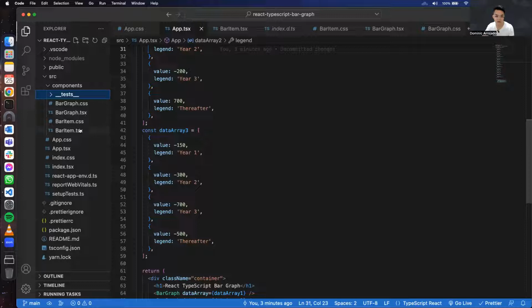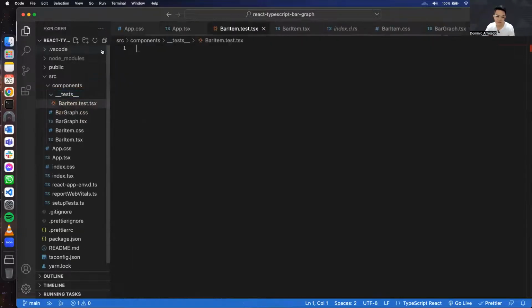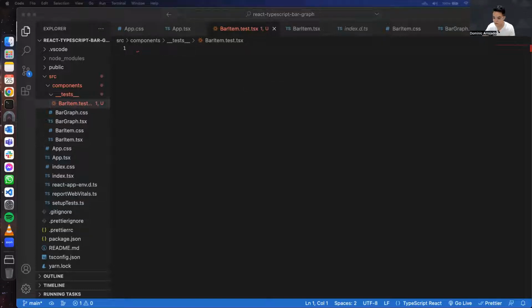I'm going to write the test for the BarItem component. In this case, I'm going to use the same file name, BarItem.test, and the same file extension as BarItem.tsx. So yes, we are going to use TypeScript as well when we write tests. It helps us utilize the benefits of TypeScript when also writing the code for our test file. Okay. And in Jest and Testing Library,